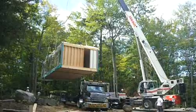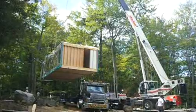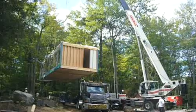We have a house prototype called the Q, which we did in collaboration with Royal Homes. It took something like 8 or 9 weeks from the time we had approved drawings in Royal Home Shop to build the basic modules, which were then delivered to the site and craned into place in 1.5 days. But once it was on site, about a third of the project was site finishing, which included the decks and the exterior finish on the envelope, and millwork